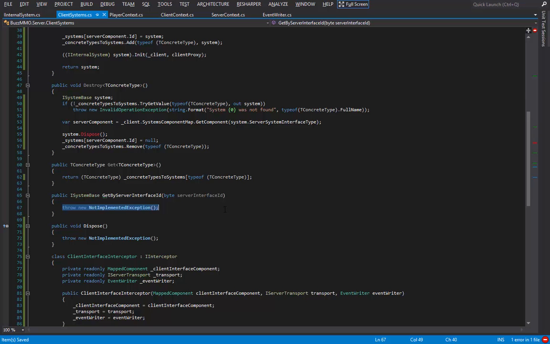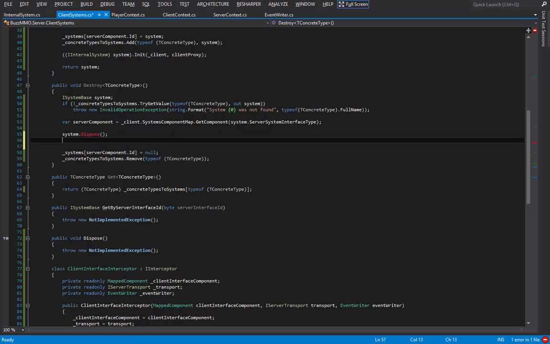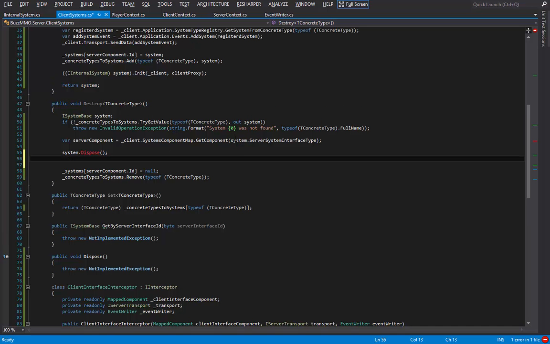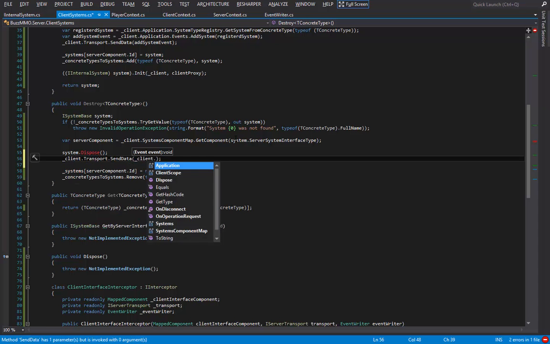All right, next up is the destroy. I completely forgot to actually tell the client that the system was destroyed. Well, that won't be good. What I'm going to do here is tell the client to destroy the system after we tell the system to dispose itself. That's because when the system disposes itself, it might want to send some more data to the client, and so we don't want to tell the client just yet to destroy its own local object. So I'm going to say client.transport.sendData,